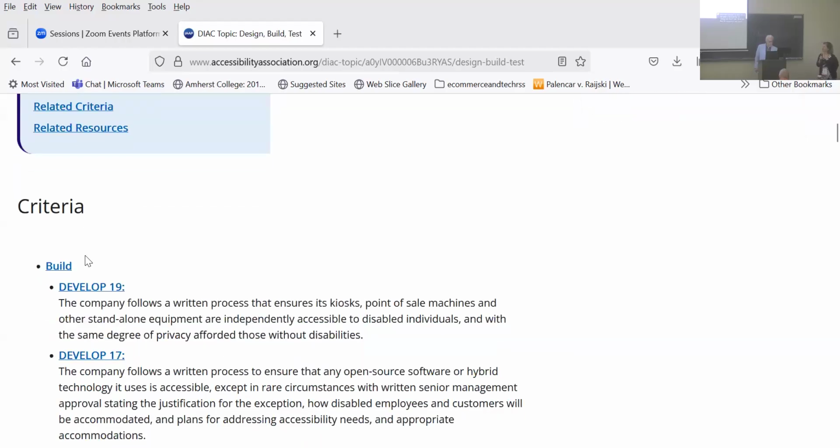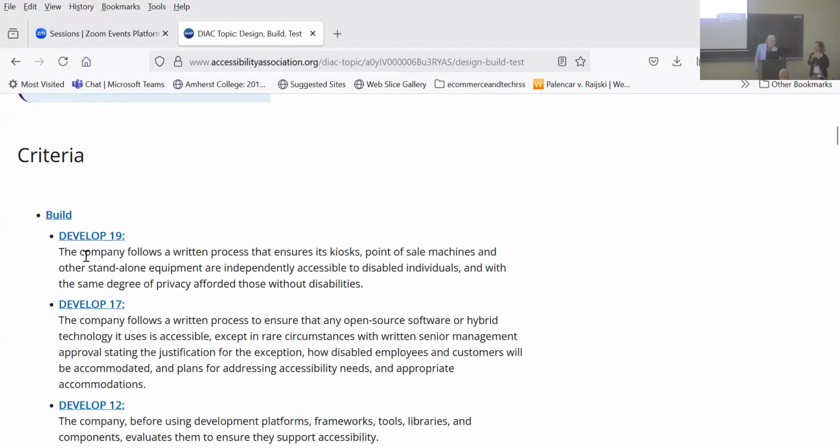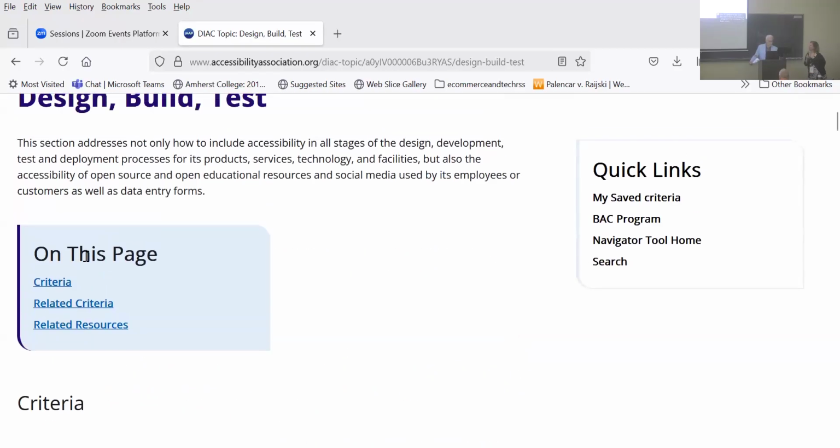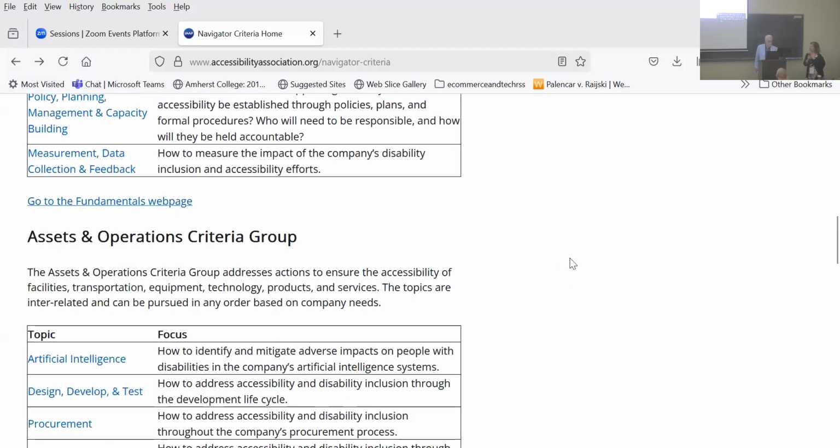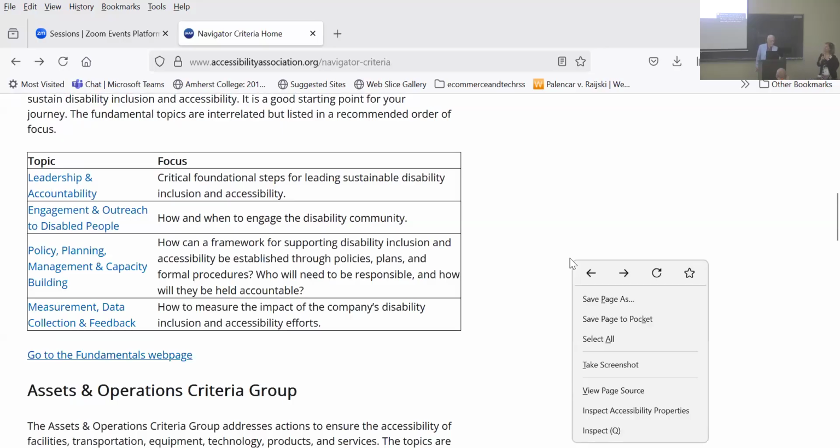Oh, you want me to do criteria or categories? I'm confused. The topics, sorry, topics. Okay, let me go back then. Let's go back to topics. Let's take a look at the 14 topics that we have. If you click on fundamentals, you have the list. Under fundamentals, you've got leadership and accountability.